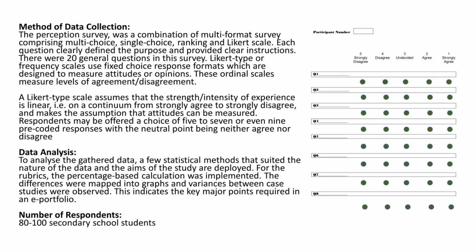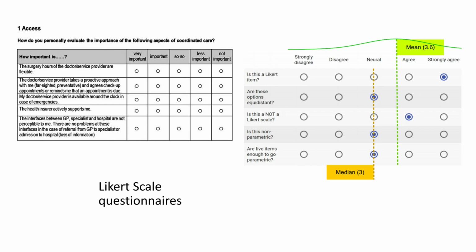The method of data collection used is a Likert scale, which requires the secondary school students to fill in a fixed choice response format. Some questions may include testing their confidence in photo editing skills, video editing skills, and whether they have a blog. The collected data is then systematically and thoroughly analyzed. This allows us to adjust and balance between the expectations of a good e-portfolio to the level of secondary schools. Shown here are several Likert scale questionnaires to be answered by our respondents.